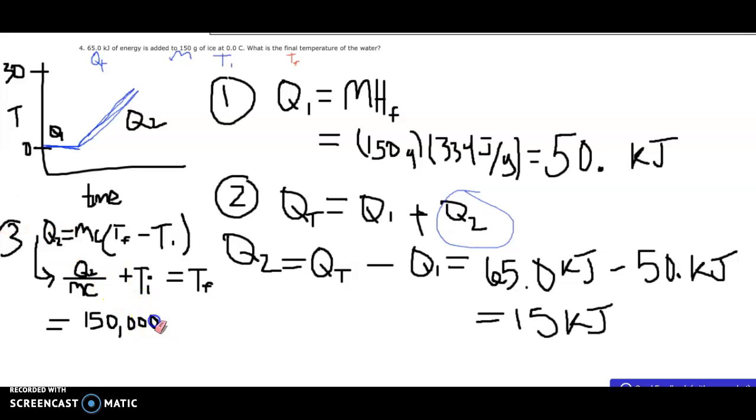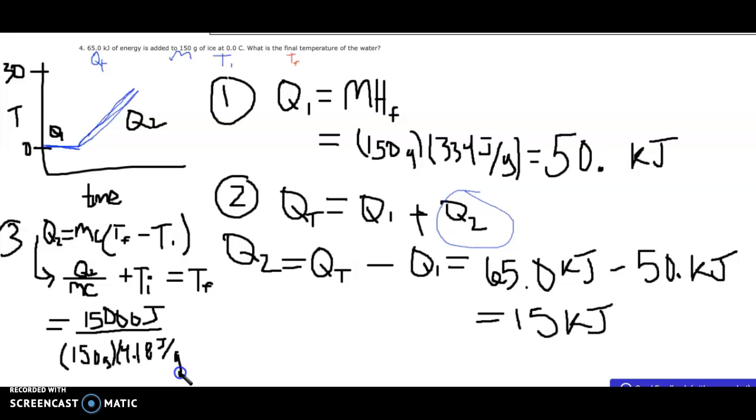Oops, I'm sorry, it wouldn't be 150,000. It would be 15,000 joules. I got this by taking that 15 kilojoules and multiplying it by 1,000, because that's our Q2. Then we divide it by our mass, which is 150 grams, times our specific heat capacity, and for water it's 4.18 joules